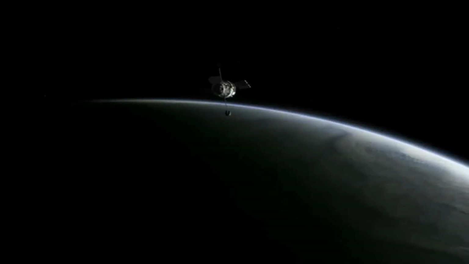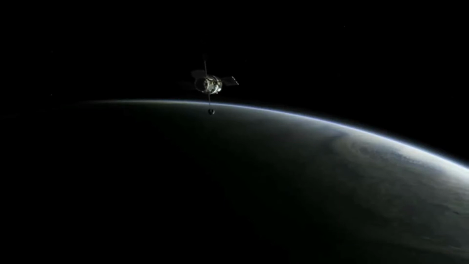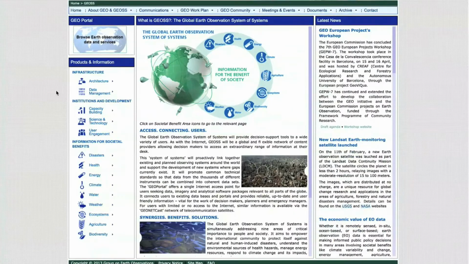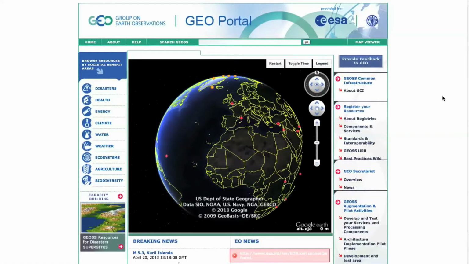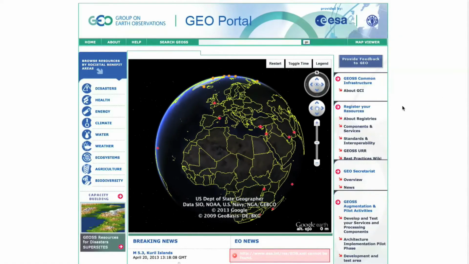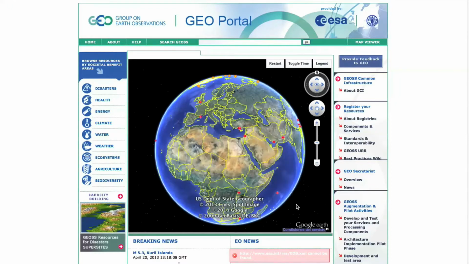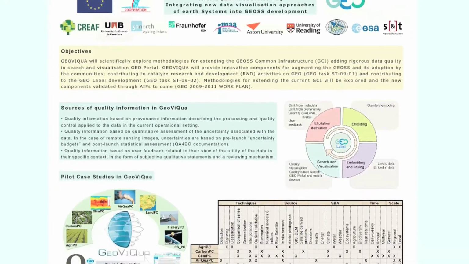GEOSS is an infrastructure composed of several tools and web interfaces that allow you to discover and access geospatial data produced mainly by satellite producers and also by in situ data. GeoViQua is helping GEOSS